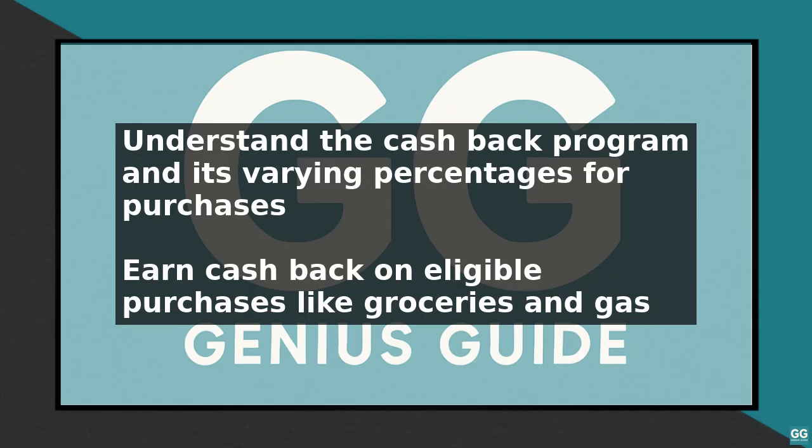To earn cash back, simply use your BMO cashback credit card for your daily purchases. Make sure to use the card for eligible purchases, such as groceries, gas, and other qualifying transactions. It is also essential to pay your balance in full each month to avoid interest charges and maximize your cashback